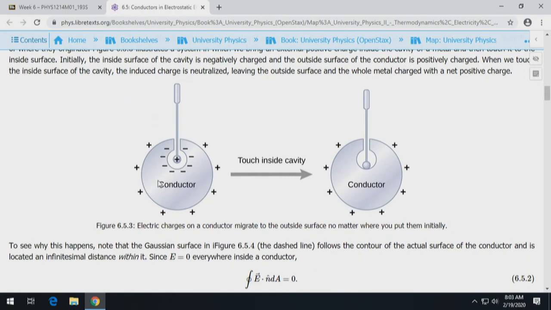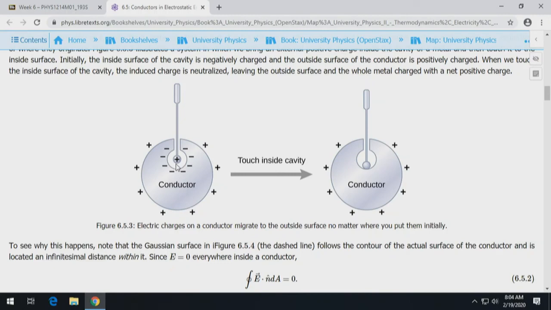It talks about if I have a conductor, and I put a positive charge inside a hollow conductor. Think of a Van de Graaff generator, which you'll see in a minute on a video. The generator itself is a hollow sphere. It's a hollow metallic sphere, so because it's metal, it's going to be a good conductor. And I've got that rubber band in there that's charging it, which is going to allow the charge to go to the outside. So if I put a charged particle inside a hollow conductor,